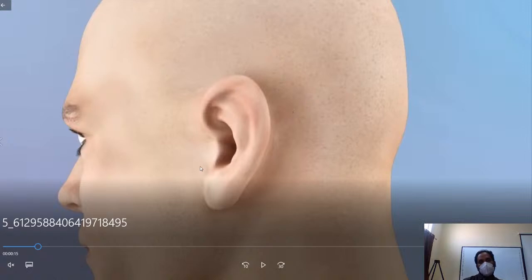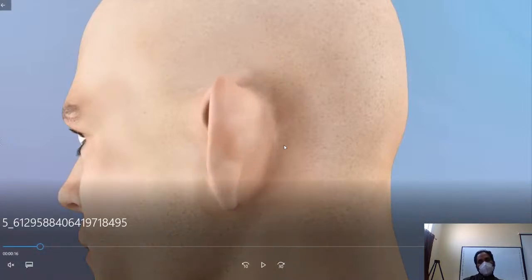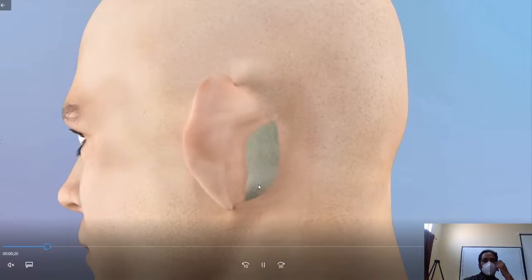Okay, so this is the post-auricular sulcus. So your incision should be in the post-auricular sulcus. So retract the ear anteriorly and then put an incision in the post-auricular region, in the post-auricular sulcus, and then